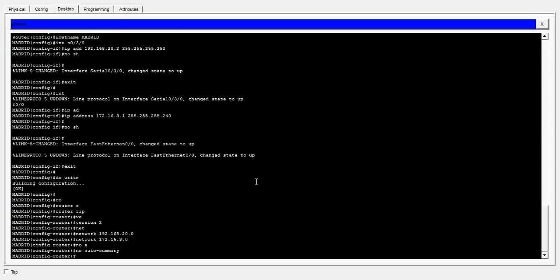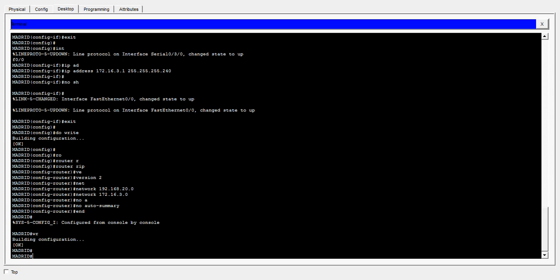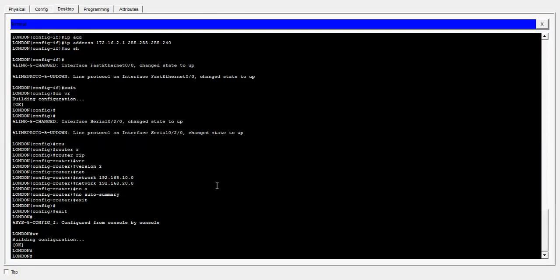Okay. Now I forgot one network to advertise on the second router. You should have reminded me of that. Okay. So I'll go to this router, this network. I've not advertised the 172 network. So I'll go to this router,